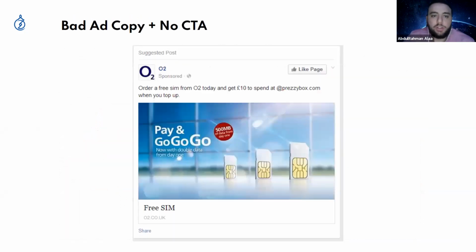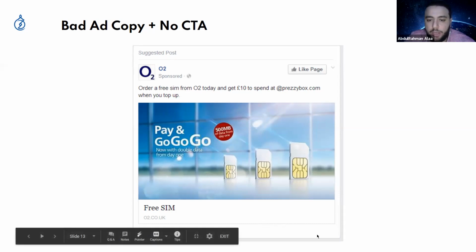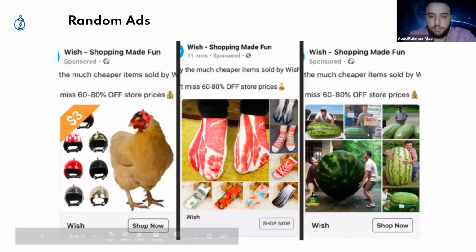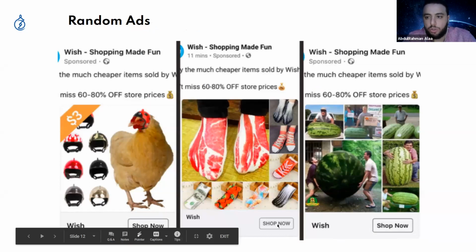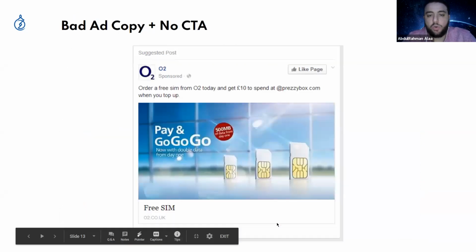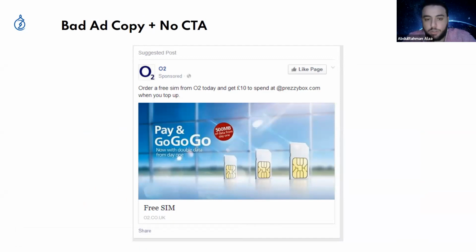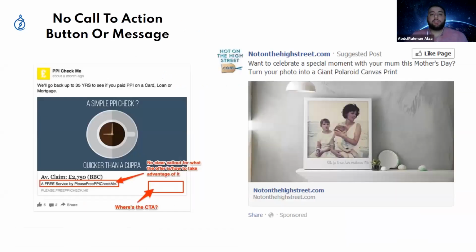Then there is the O2 ad here, and there is no call to action button. There should be a button like the other one was showing. So you need to have your CTA in, and the copywriting is so poor that you don't know why you should interact with this company. This is not right. Missing the call to action and the message itself is not good.